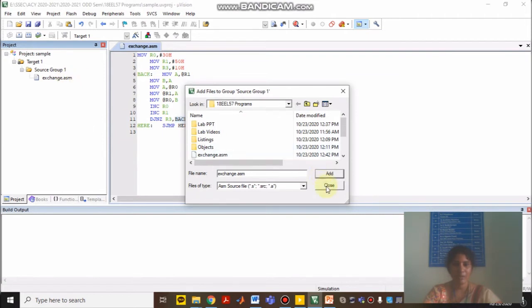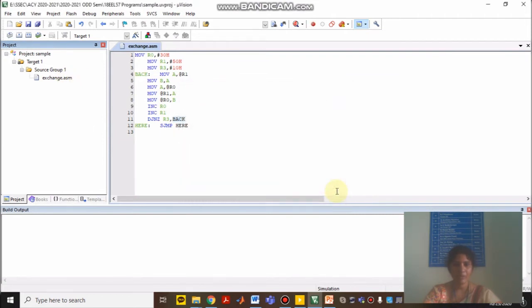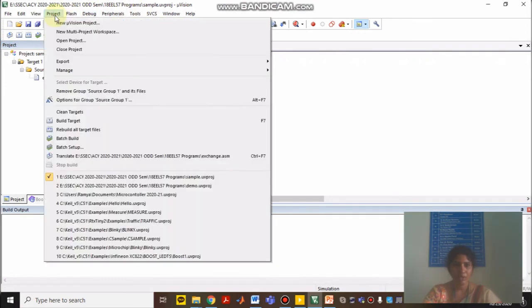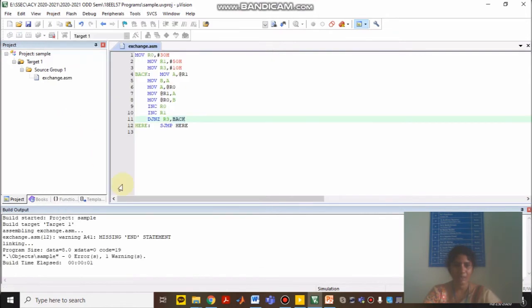Exchange.asm is available. Now you close. Then you need to build the target. If you want to build the target, you can either use the direct menu, or go to Debug, go to Project, give Build Target, or directly click the F7 button. If you click Build Target, the build output window shows the number of errors